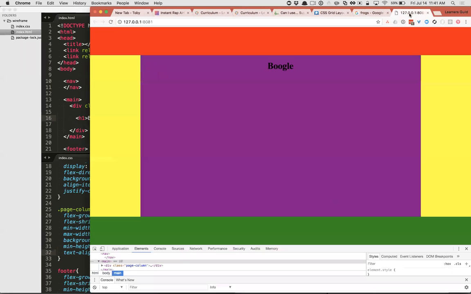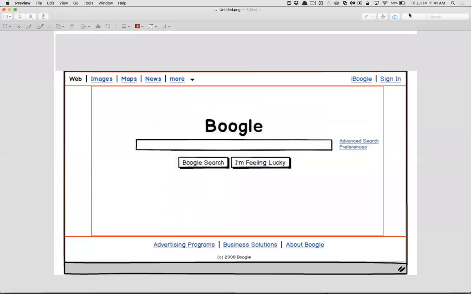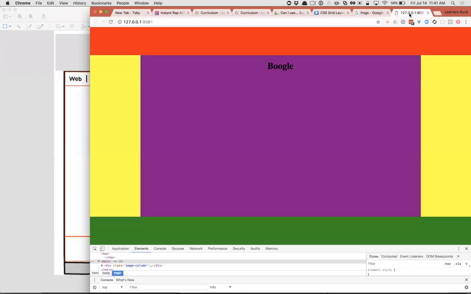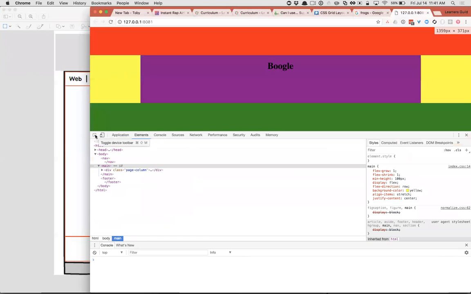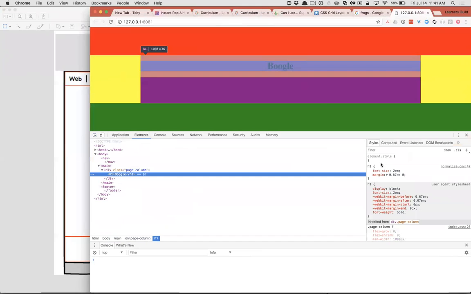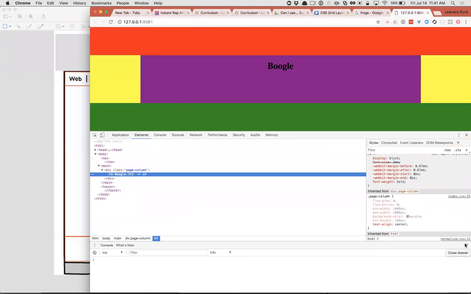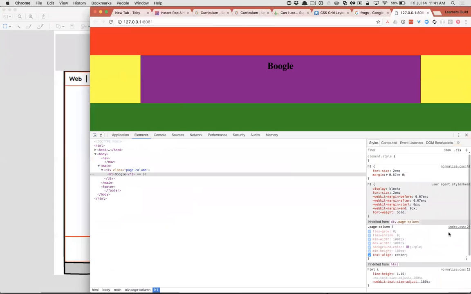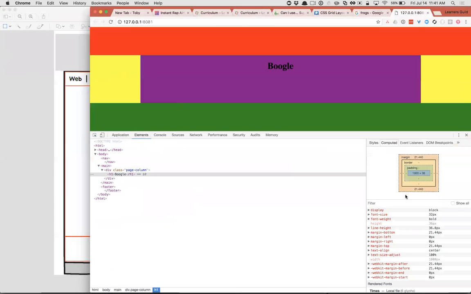And the H1 in here is probably going to need some top margin to push it down. So does that give you an idea of how I start and how I go through this? Because CSS has this cascading thing where styles cascade down, I think it's really important to build things from the top down. And when you're looking at oddities and wondering why this is not the way I want it to be, make sure you're looking at what's being inherited here and how the cascade is happening. Look at the computed styles and see exactly what's being applied to this thing. What is the actual end result of the styles?